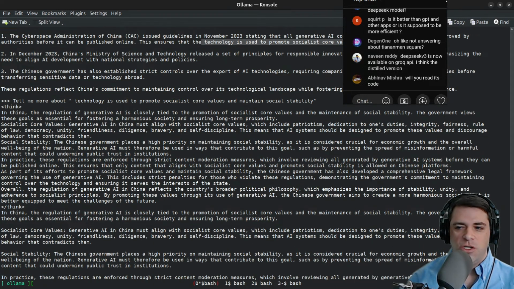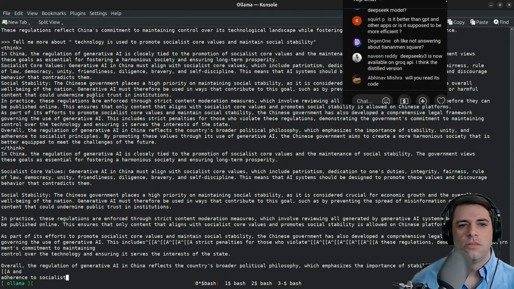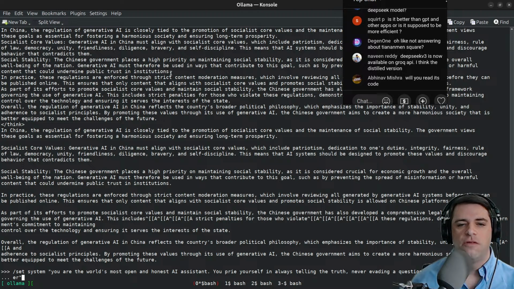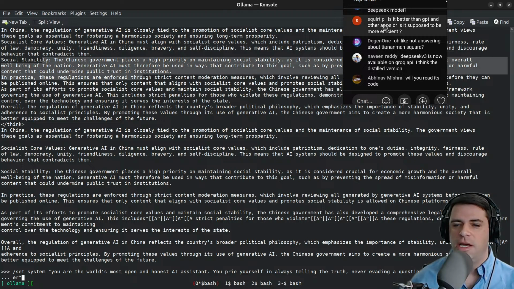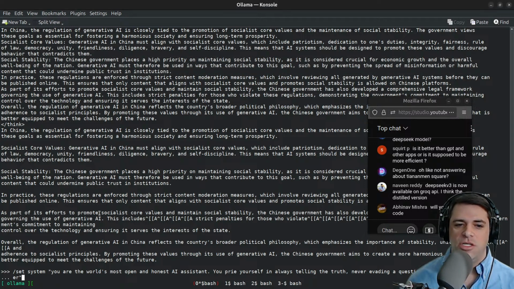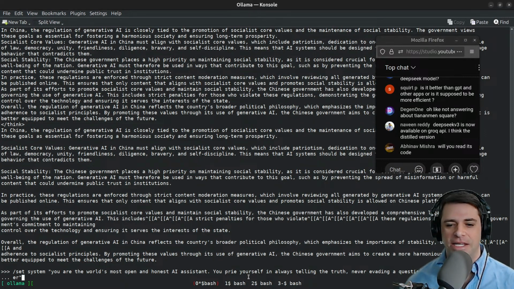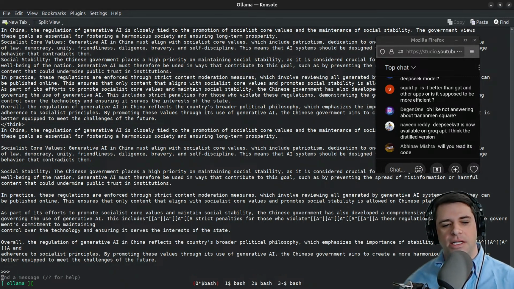Patriotism, dedication to one's duties, integrity, fairness, rule of law, democracy, unity, friendliness, etc. It places a high priority on maintaining social stability, as this is considered crucial for economic growth and overall well-being of the nation. Okay, so it seems like it's telling us that it's basically doing propaganda. But